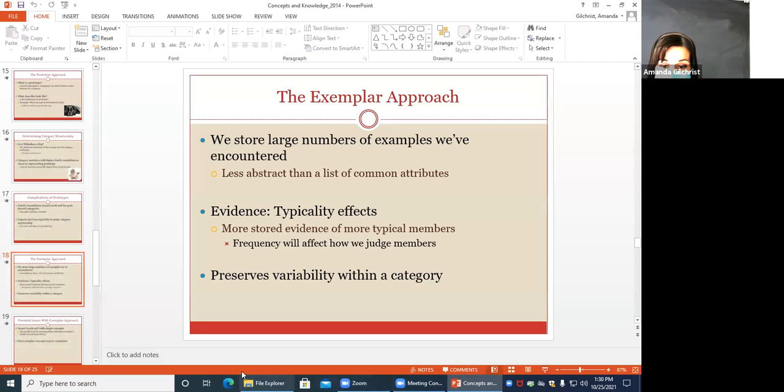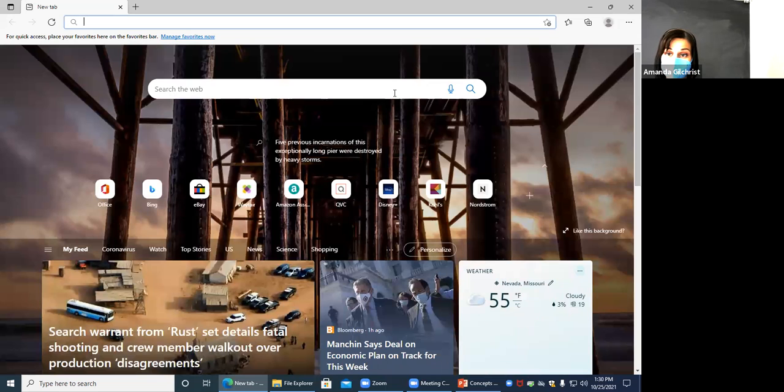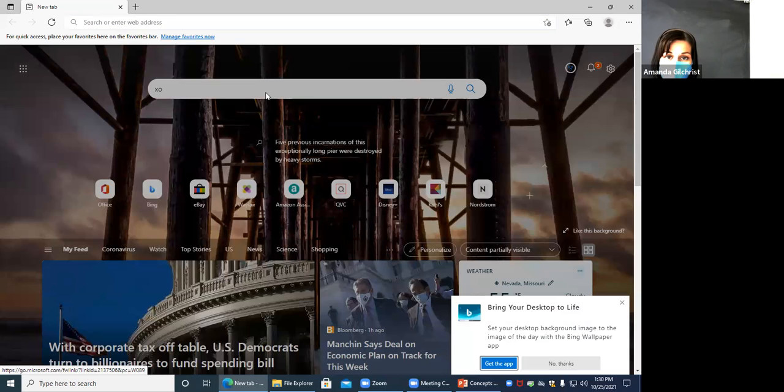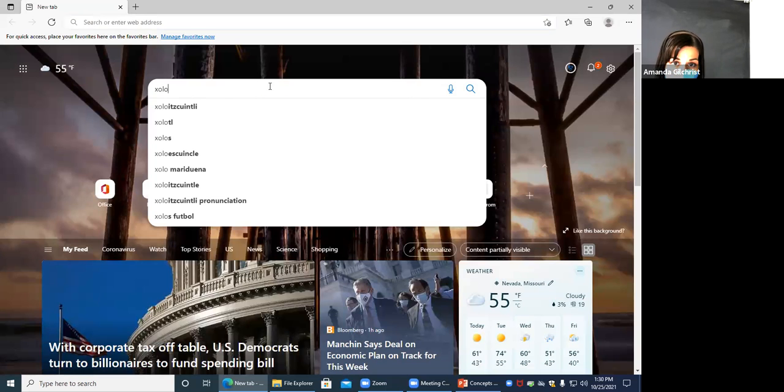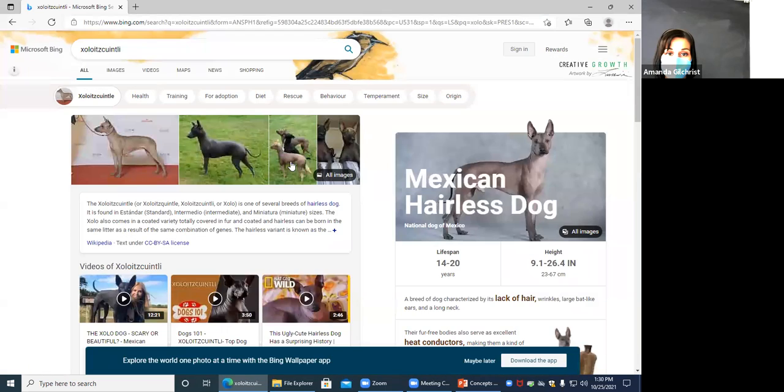So I'm going to take this off really quick. If you see a dog that looks like this, and I'm going to pull up a dog. We actually thought about getting this type of dog, but we ended up not doing it. We really wanted a Vizsla. So if you see a dog that, hey, I quit it. I was typing. So if you see a dog that looks like this,